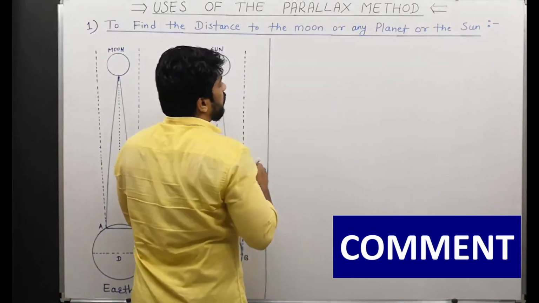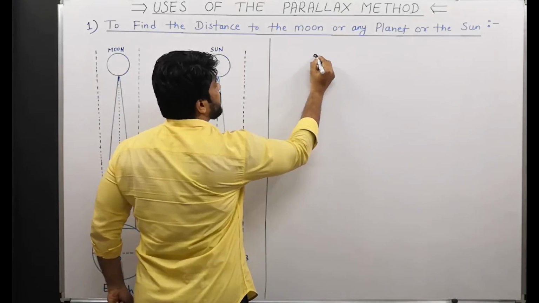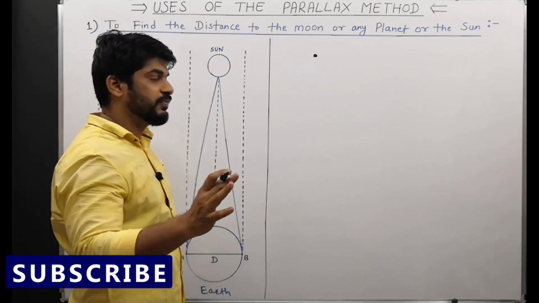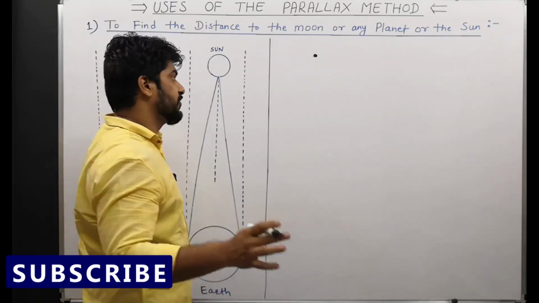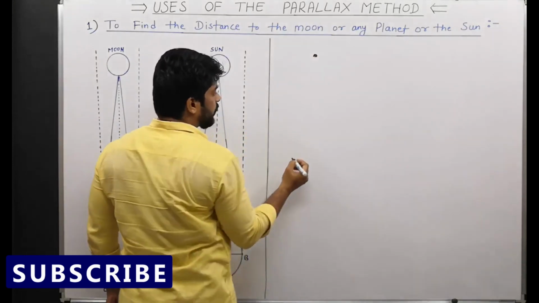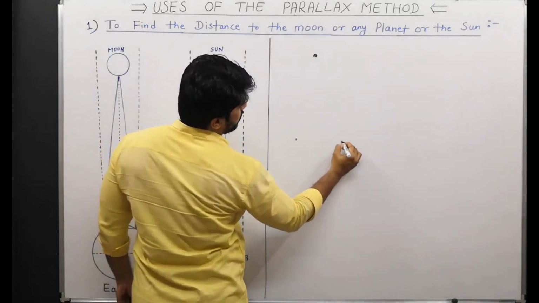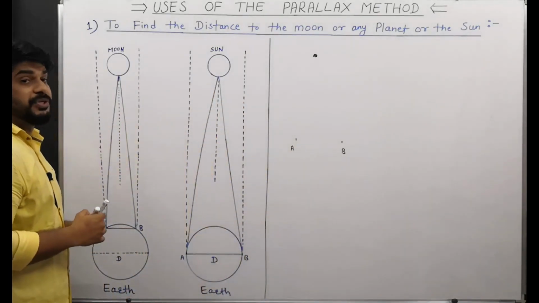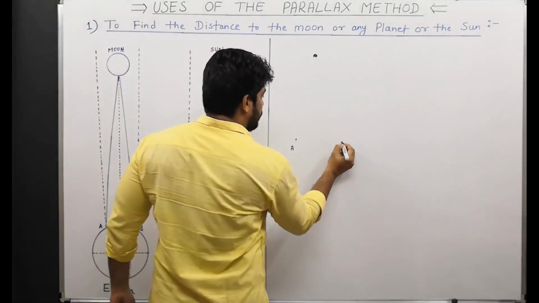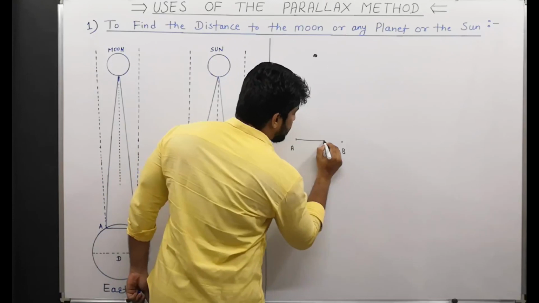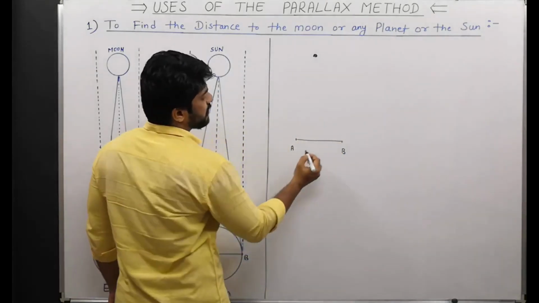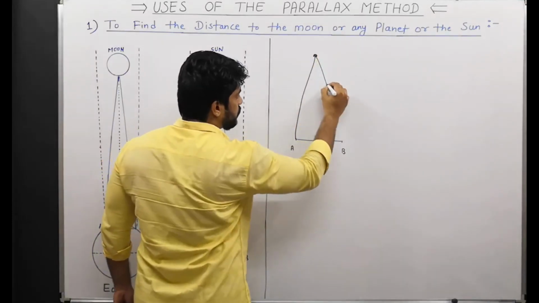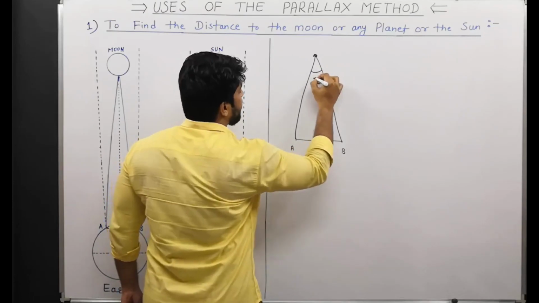It's very simple. You can see, for example, here is some object, and let's say you are observing it from 2 points of observation. Now suppose these are the 2 points of observation, let's say A and B. You can see the distance here is some distance, let's call this small d. Now if I join these two, there will be a certain angle, theta.